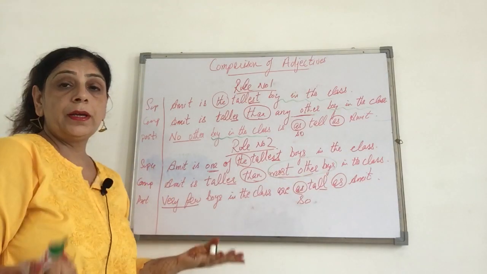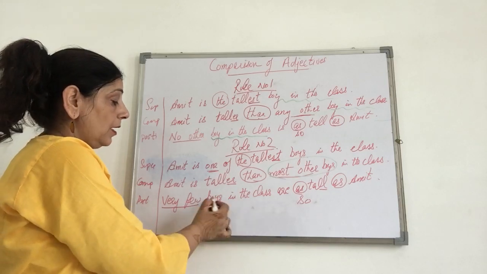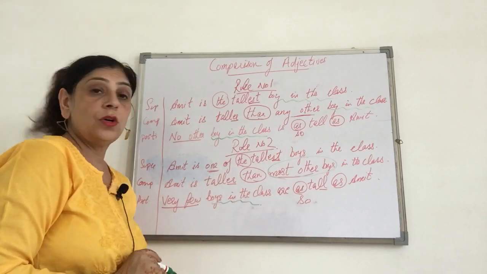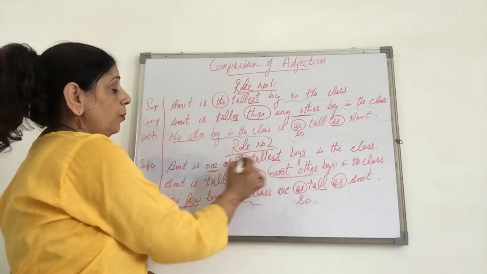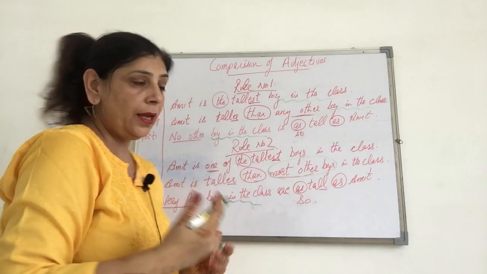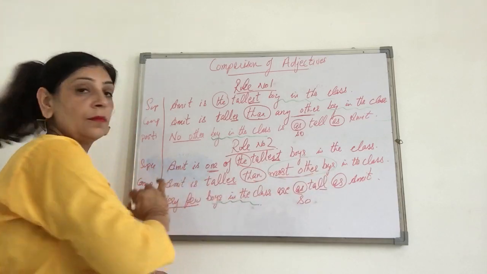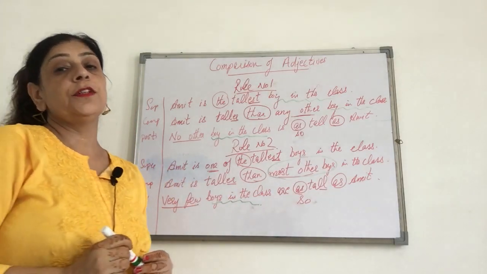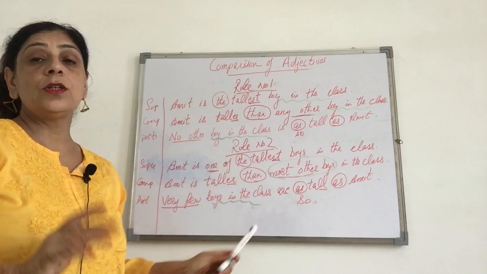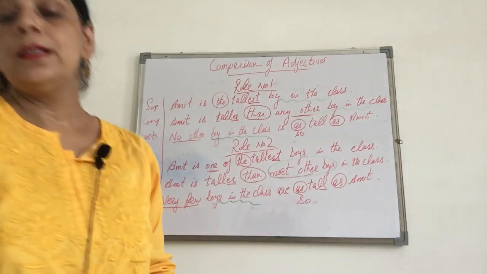And then I can ask you, begin the sentence with very. So you know what will be made with very? Very few boys in the class. Again boys in the class will stay together. Are as tall as Amit. Rule number 2, because it is one of the comparisons, more than one person, there are others like him. So all the words will be in S, plural. Right? This is the difference between rule number 1 and rule number 2. If you study it like this, your sentence will never go wrong. Believe me. Right? These are 2 rules.